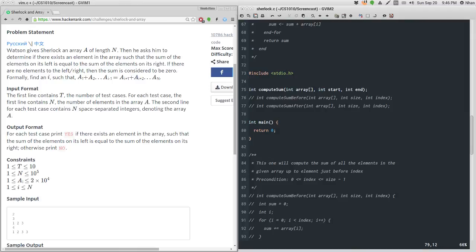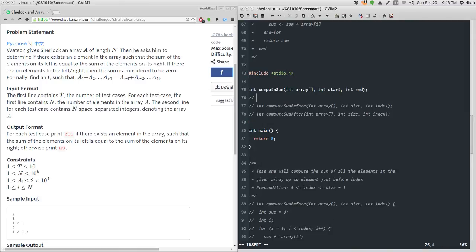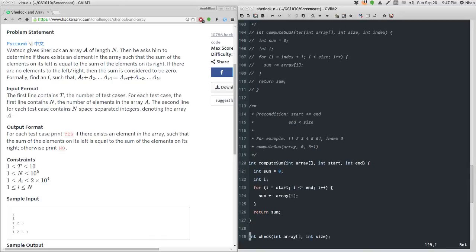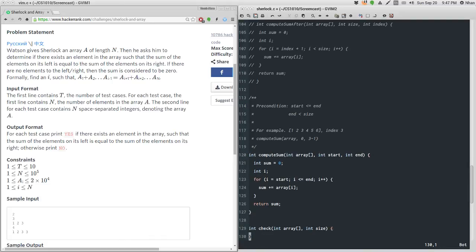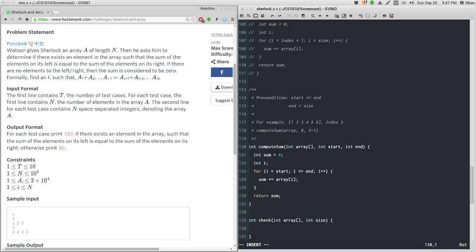So now we can do another one, which is to check. This is the function check we defined just now in our pseudocode, and it just needs an array. And actually, do we need the size? Yeah, we need the size, because for example, if you want to compute the later half of it, you may put the size as an input when you use the function above. Same thing, I just want to go to the end of the file by pressing Shift G. So I'm just going to paste the thing over here, right? Redefine it, and now